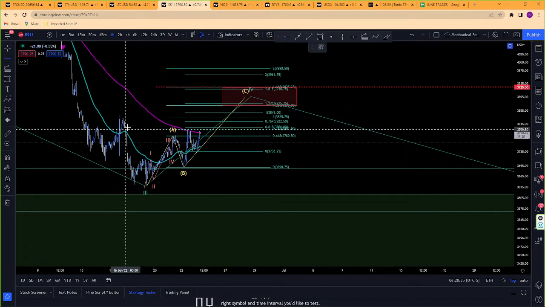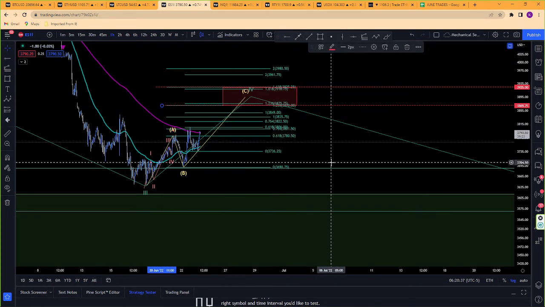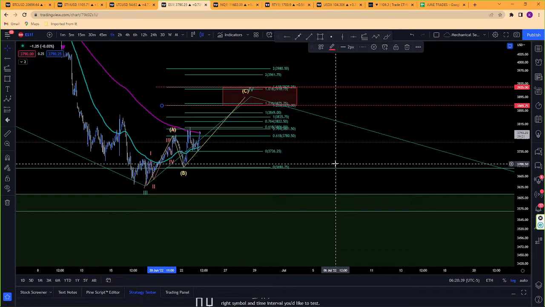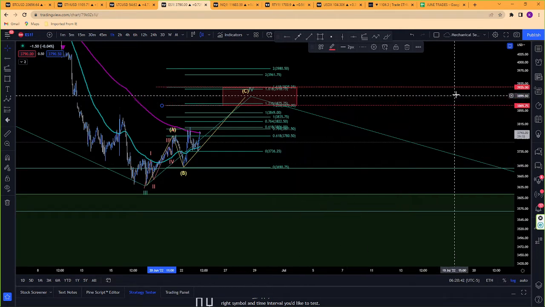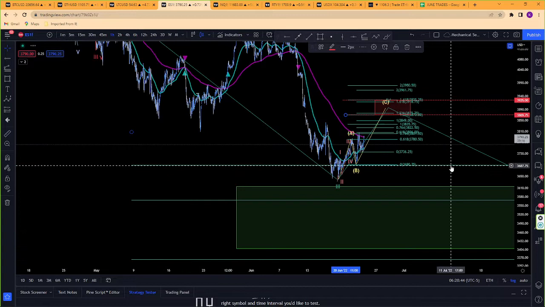Let's see. 38.69 to 39.25. That's a nice tight zone. I like that for ES. So we're going to catch our short on ES soon. And what I am expecting once we catch the short on ES,